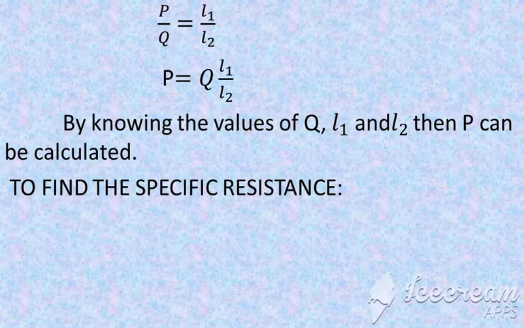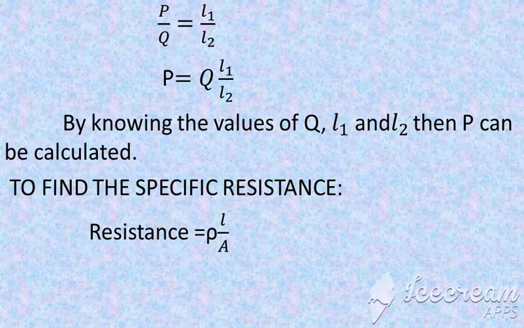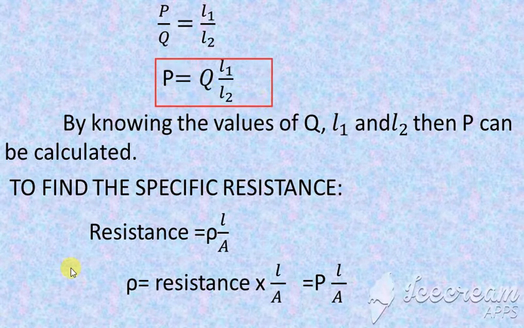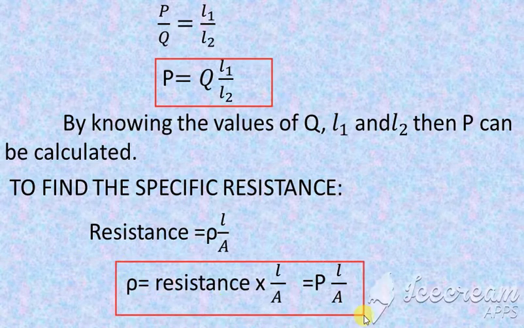For finding the specific resistance, let us take the formula. Resistance is equal to rho into L by A, where rho denotes the specific resistance here. So rho is resistance into A divided by L. That is the next step we'll be writing: resistance into A divided by L. Instead of resistance, I am writing here P, and this L as it is, divided by A. So this is about the meter bridge. Using the meter bridge, we can find the value of resistance and also the specific resistance. So the meter bridge is used to find the resistance and specific resistance of the wire.